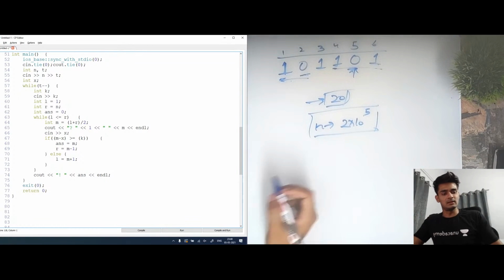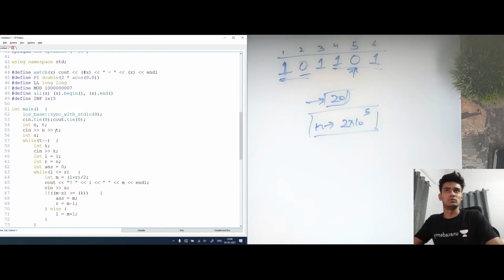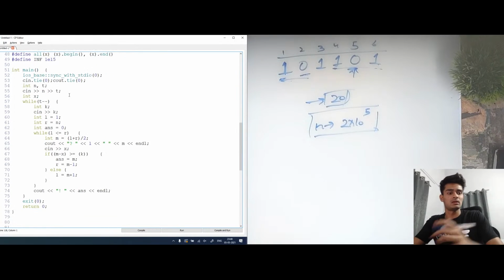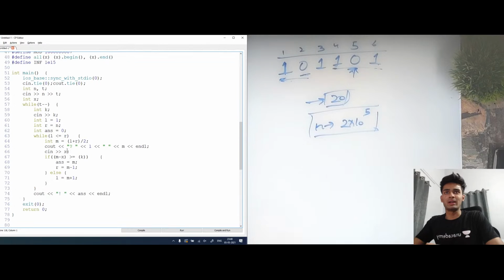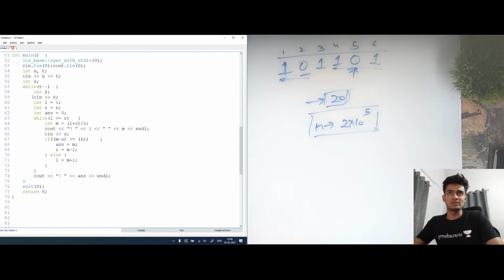Okay, cool. So let me just explain the approach, what I'm doing here. This is a very standard way of writing binary search. For people who are very new to binary search, you can just use this code anywhere. This is the very standard code which works everywhere.